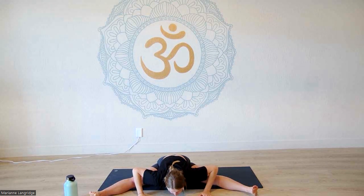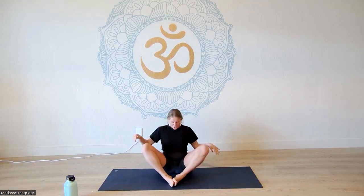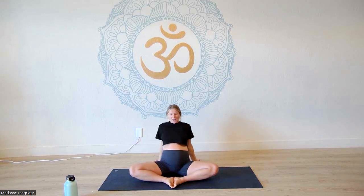Grip your hands onto the floor, push yourself up, and now come into a butterfly position with your heels and toes touching, stretching up, bouncing the knees right and left and right, stretching up out of the waist and just breathing. It may feel good for you to place your hands behind you,